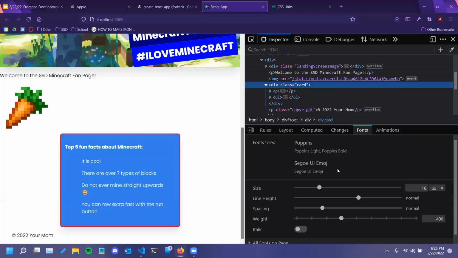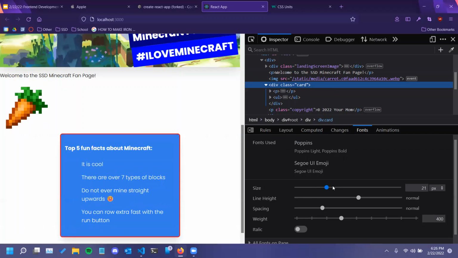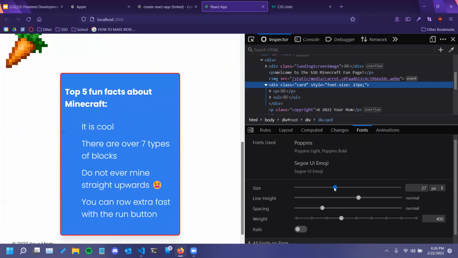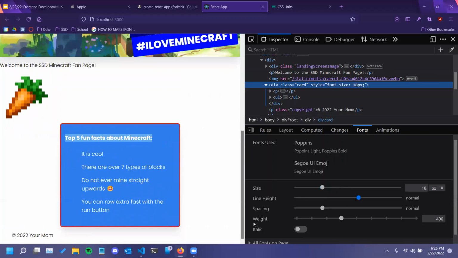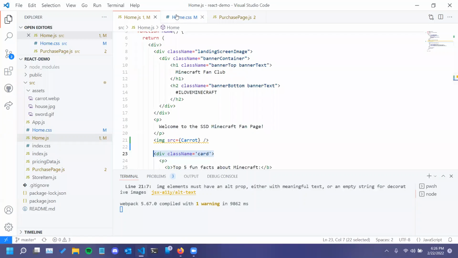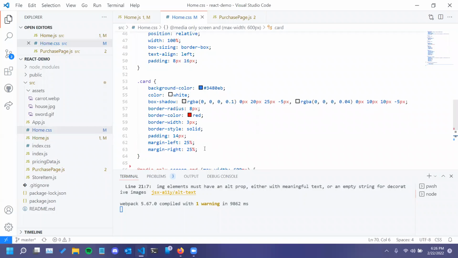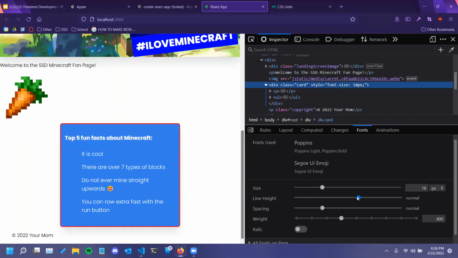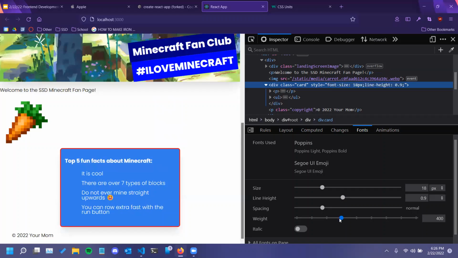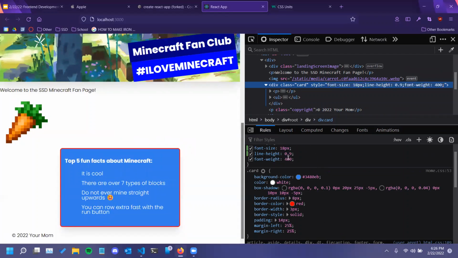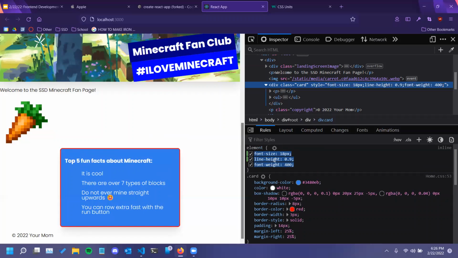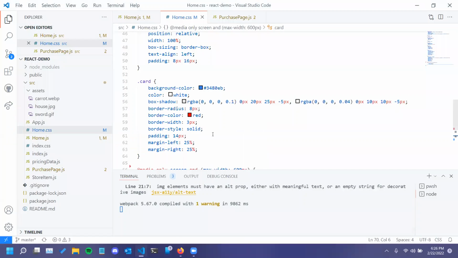And there's also this cool thing. We can modify the CSS with these sliders here. Instead of needing to go into the CSS file, typing some code, saving it, and moving back into the browser in a trial and error sort of way, we can modify the CSS directly within the browser. It won't save it in our CSS file, but it will create CSS rules right here, which we can then copy and paste